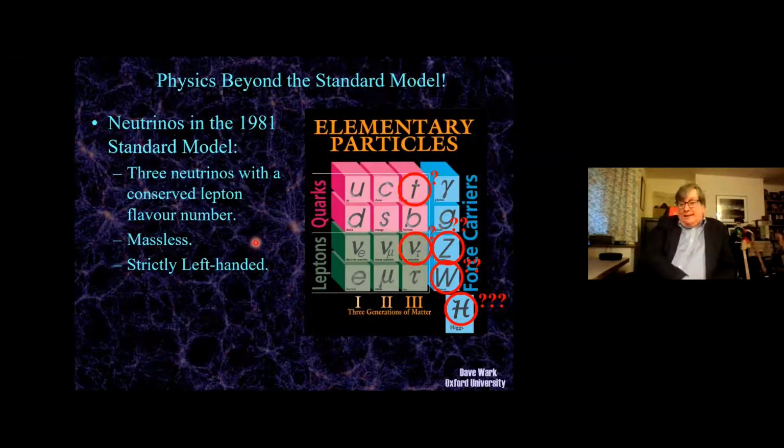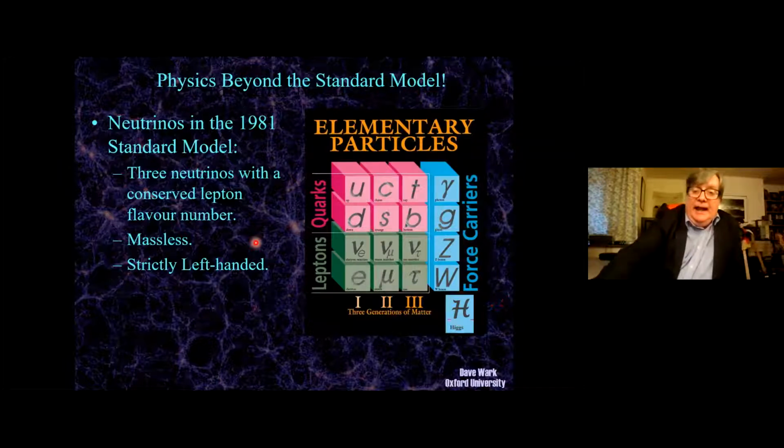However, the indirect evidence that we could obtain at lower energies pointed very strongly towards not only the existence, but in some detail, the properties of all of these other particles. And sure enough, in the intervening 40 years, all of these things have now been found. The Z and the W were found by UA1 at CERN, the top quark by CDF at Fermilab, the nu tau by DONUT at Fermilab, and the Higgs boson, of course, famously a few years ago, well, more than a few years ago now, at CERN.